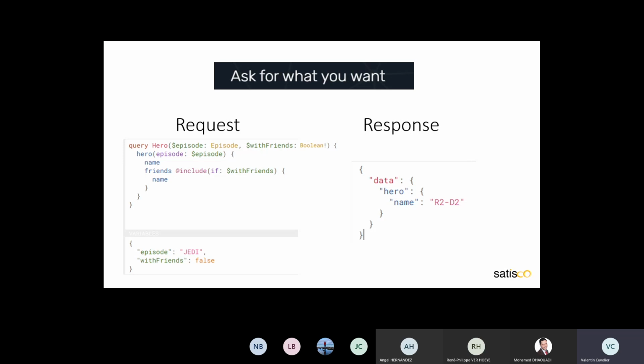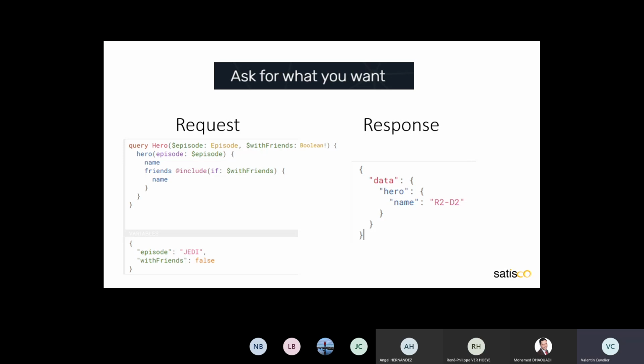So here the variables are defined here. We define the episode Jedi and also the variable withFriends to false. So we receive a response.